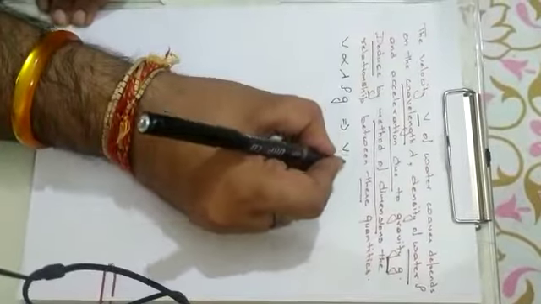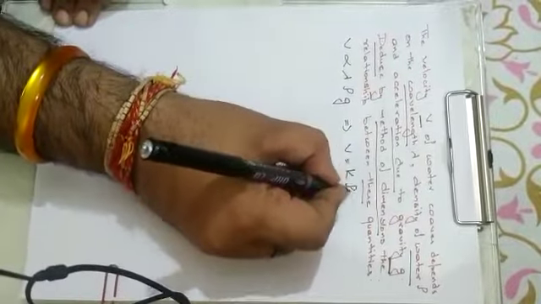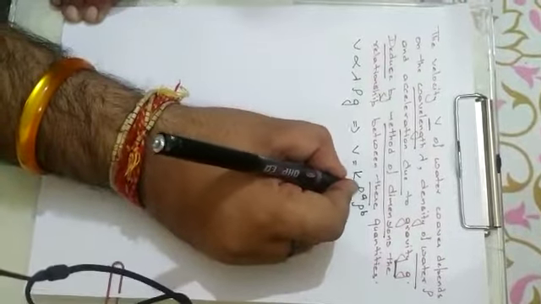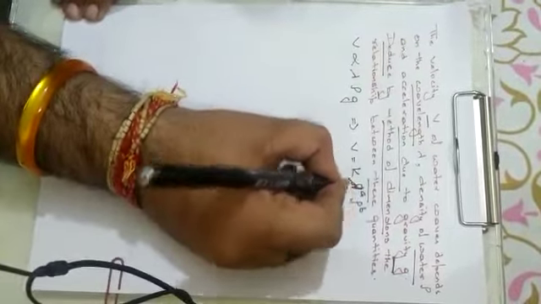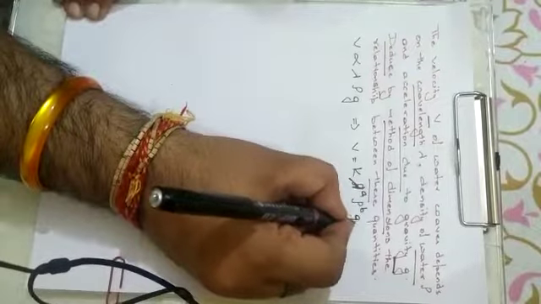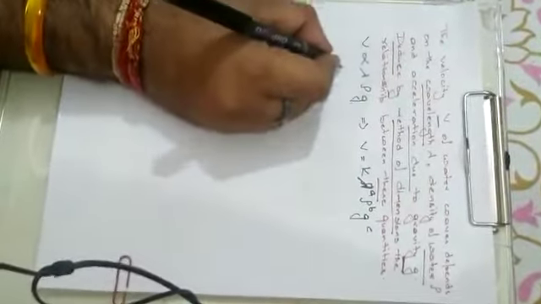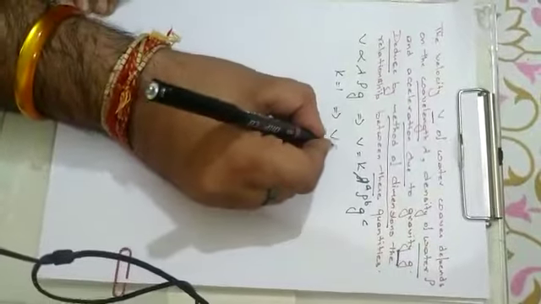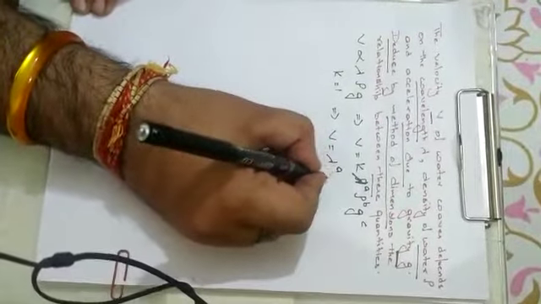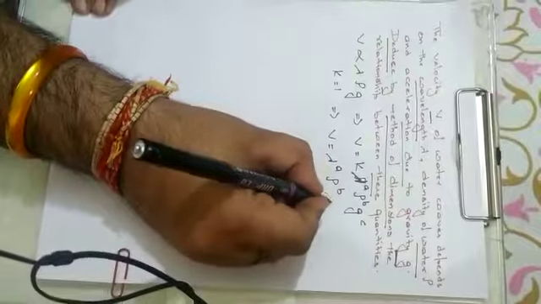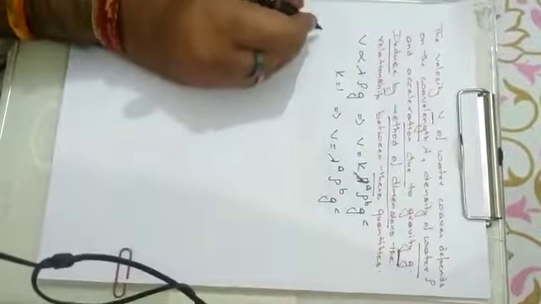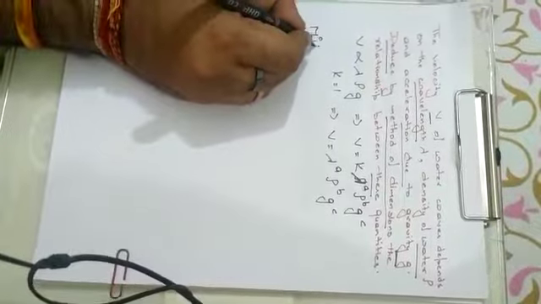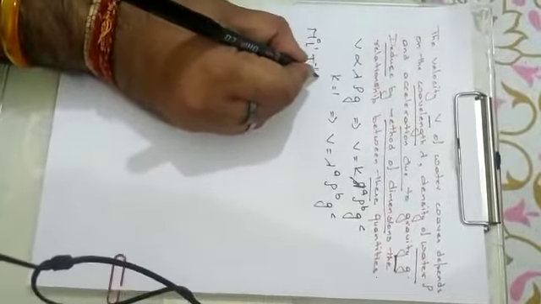Step 2, v = k lambda rho g. Step 3, k is 1, so v is lambda^a rho^b g^c. Next step, applying dimensions: M^0 L^1 T^-1